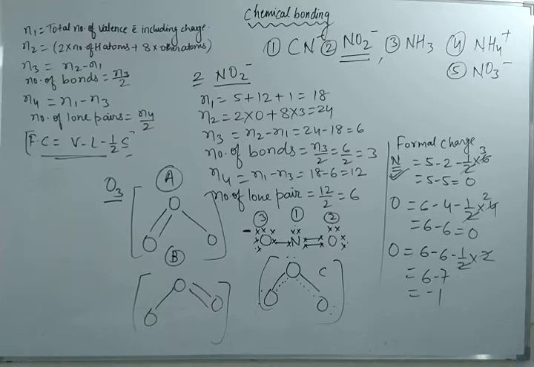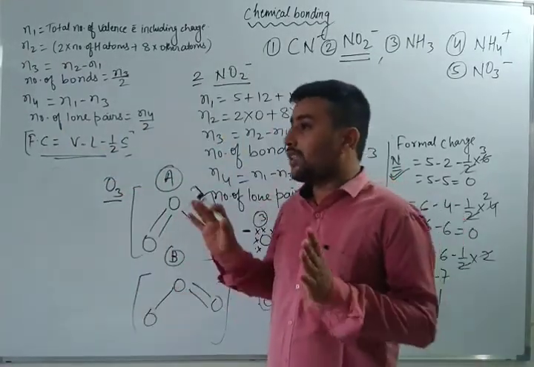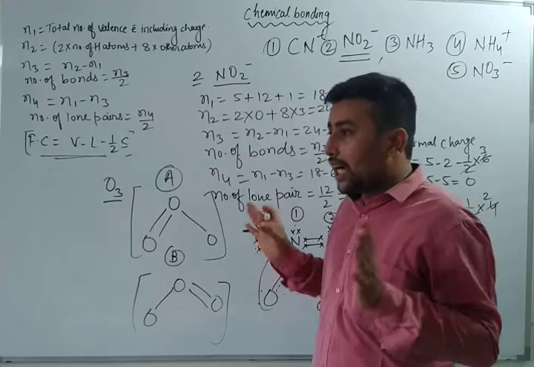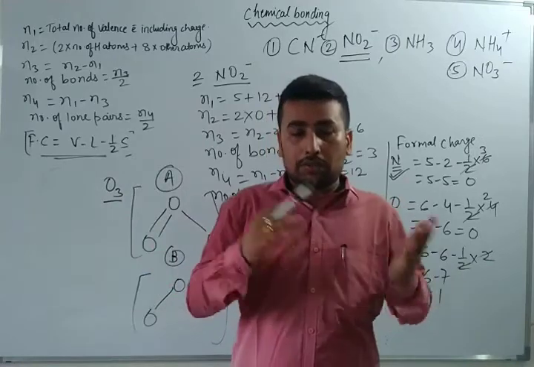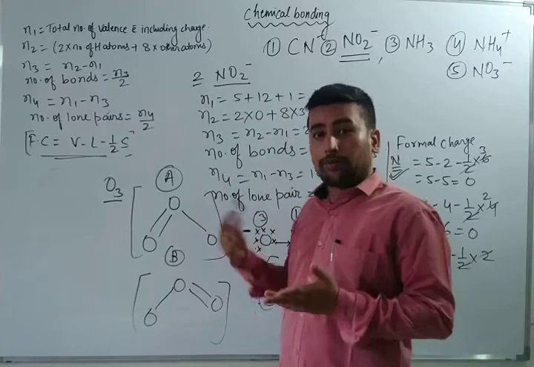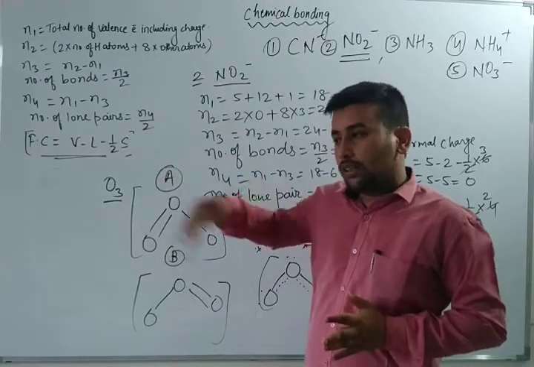Resonance. A situation in which more than one possible structure can be written for a species, in which the true structure cannot be written at all. You know very well, electron is a dynamic particle. Electron can't stay at one place in one atom. Electron is always revolving, just like our mind. Our mind can't be at peace at any time. It is always thinking something, whether physics, chemistry, biology, maths, whatever you can think. Even when you are sleeping you get dreams because you are thinking. Similarly, electron is a dynamic particle. It will rotate in the atoms.